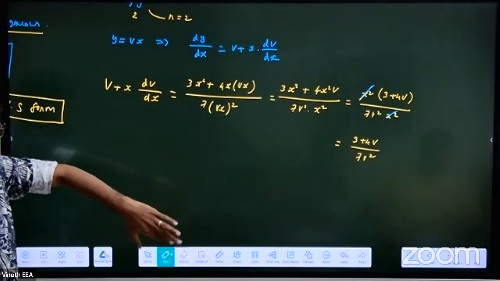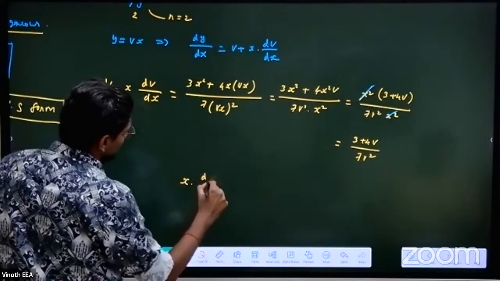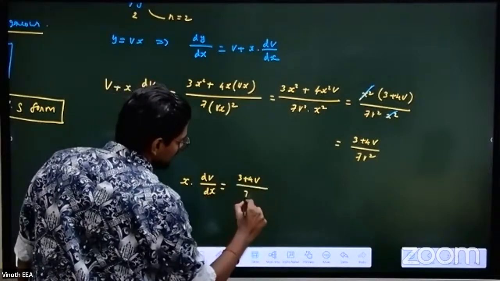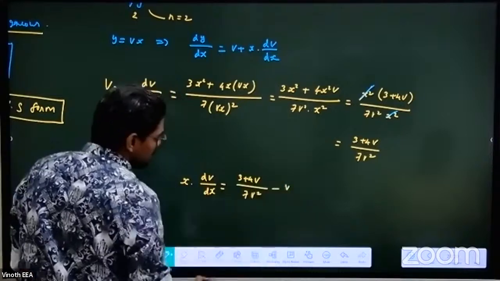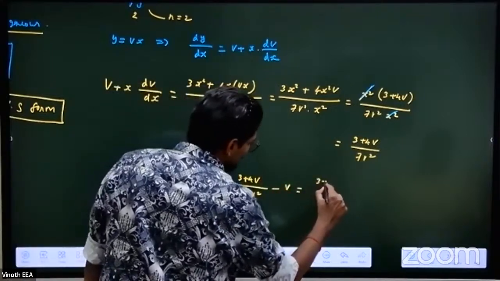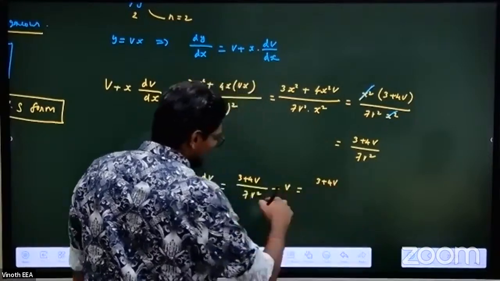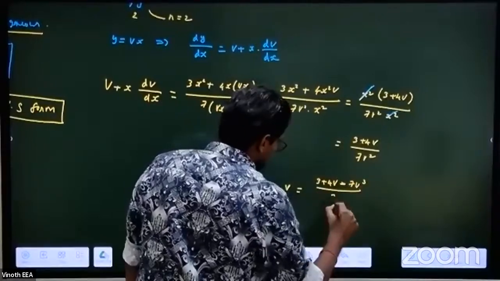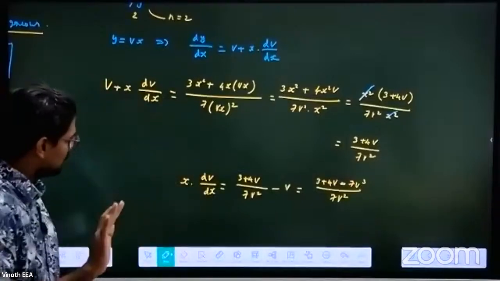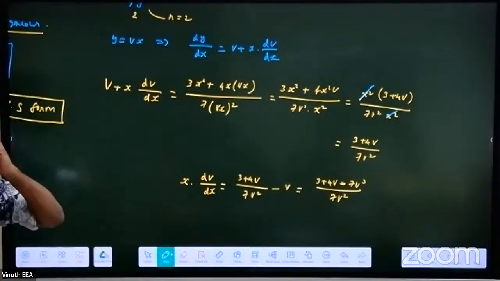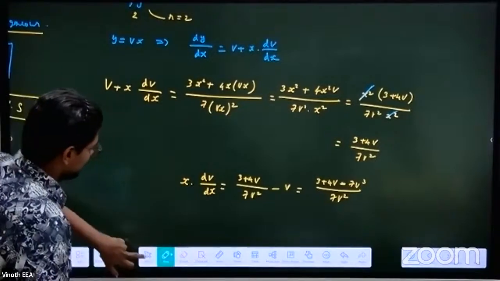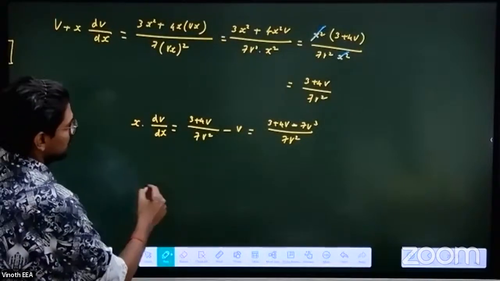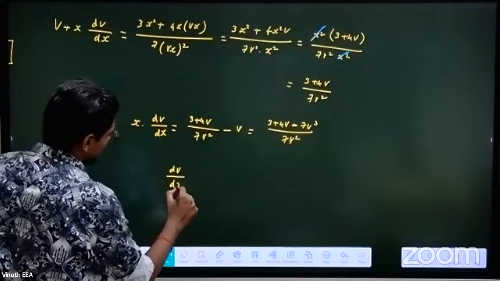Now bring this v to the right hand side. So x into dv by dx is equal to 3 plus 4v by 7v square minus v. That is going to be equal to 3 plus 4v, LCM minus 7v cube by 7v square. Okay, we got that, and I can take this x also there. So finally it will be lengthy, that's what I said, but if you have to go for this method you have no other choice. dv by dx equals to